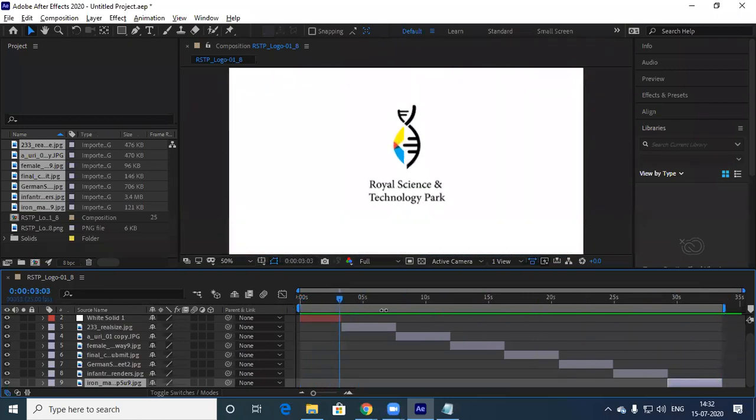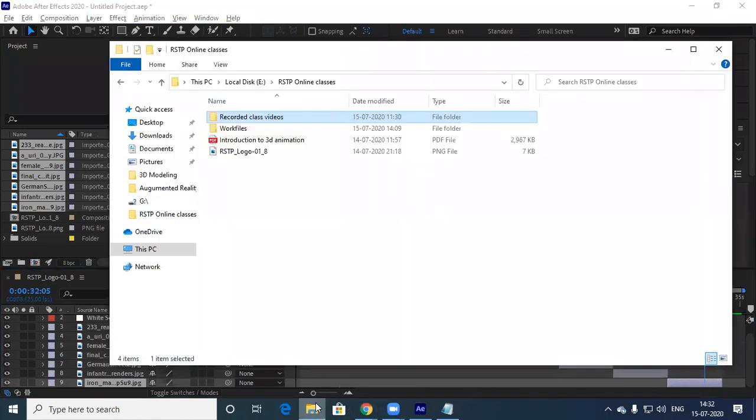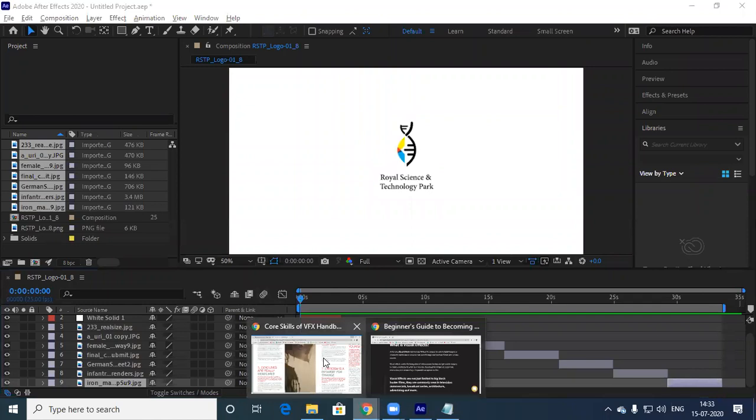Okay, in between you can add a lot of transitions also. So transitions and all I'll show you in the next class. So this will be more actually if I do. Okay. Then let me add some music. We want to add some music. If we have any music, we can add directly. We can add some music and we can render. Okay, I'll do one thing. I'll just download a music.